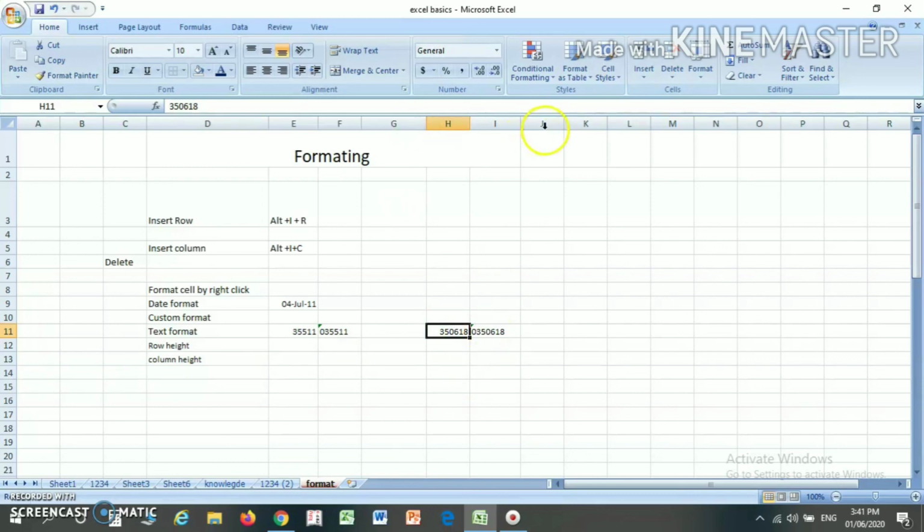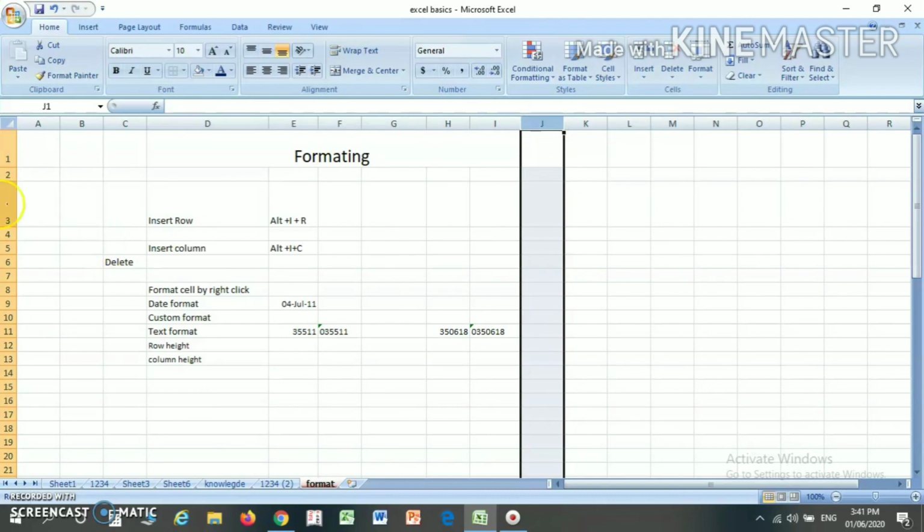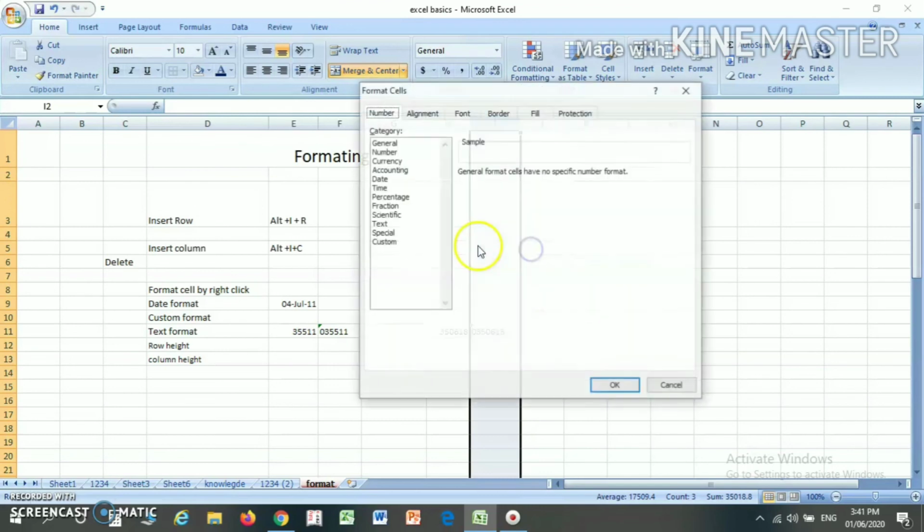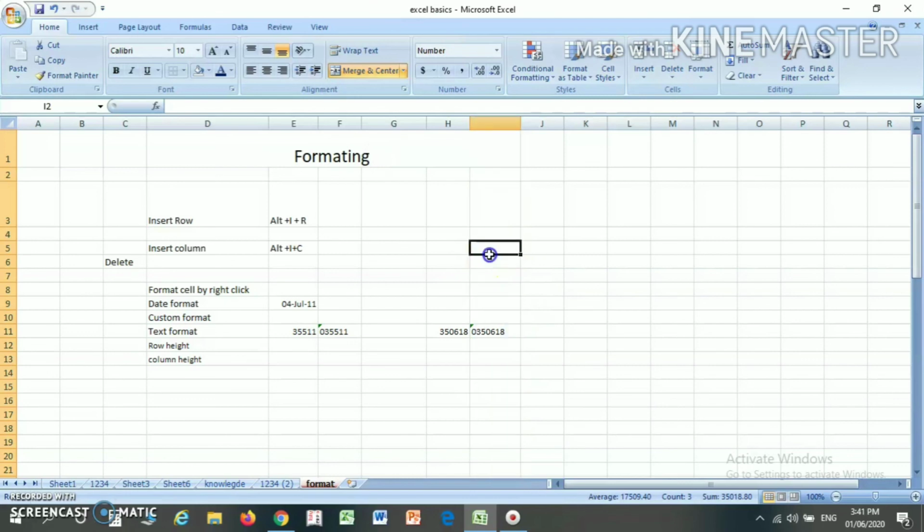You can also change the format by selecting any column or row. If I select this column, select format cell, and here select a number format, you will find all my column data will be converted into the number format.